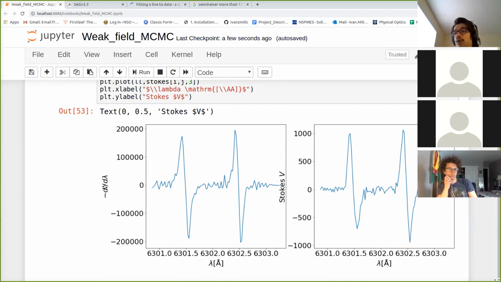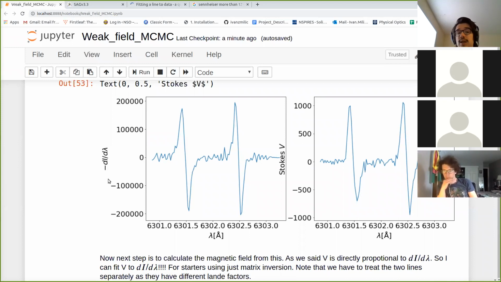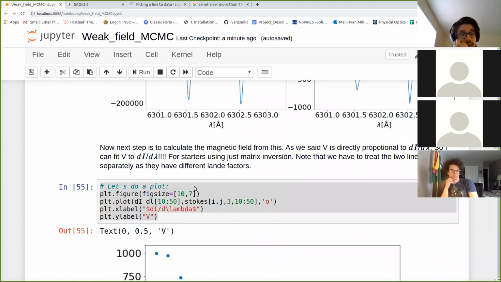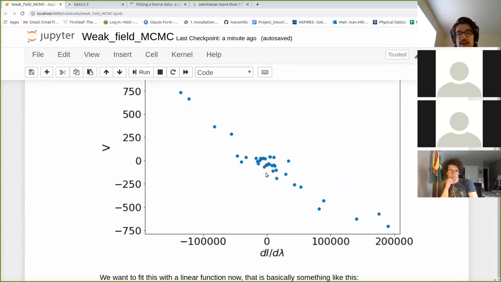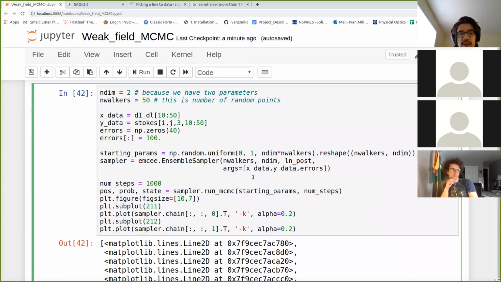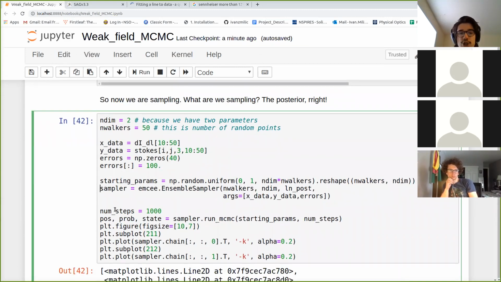And for the homework, you will probably have to repeat this, including noise in dI over d lambda, which means including noise in both axes. But here we are only including noise in this axis here. Cool. So what I'm doing now is defining these quantities, and then the way I initialize